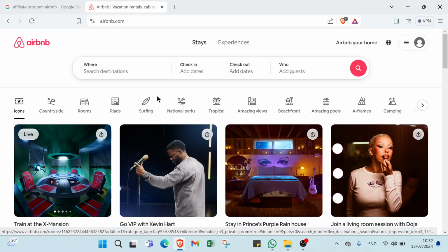Whether you run a travel blog, manage a social media channel, or have a website related to hospitality, becoming an Airbnb affiliate allows you to monetize your traffic and recommendations. So before getting started, let us know what Airbnb is. Airbnb is a globally recognized online marketplace and hospitality service platform that enables individuals to list, discover, and book accommodation